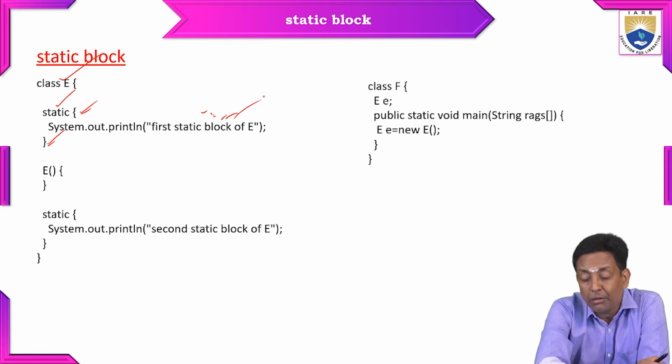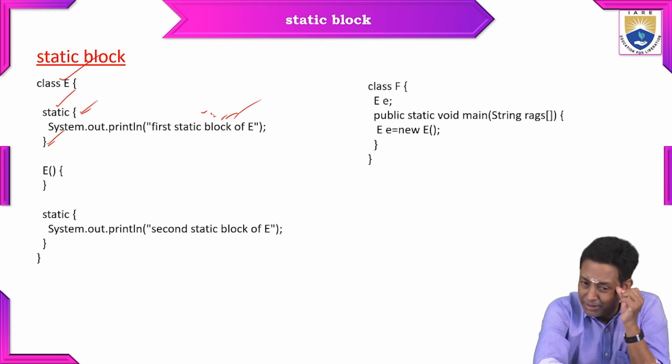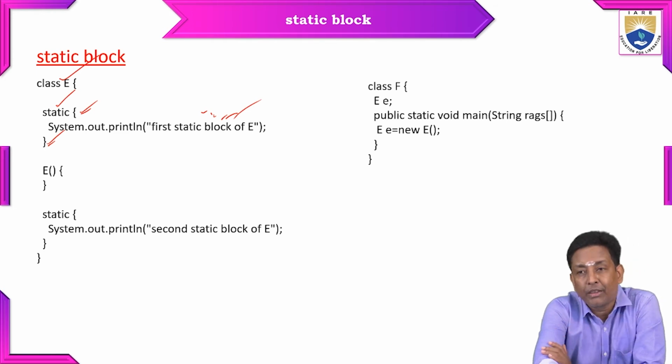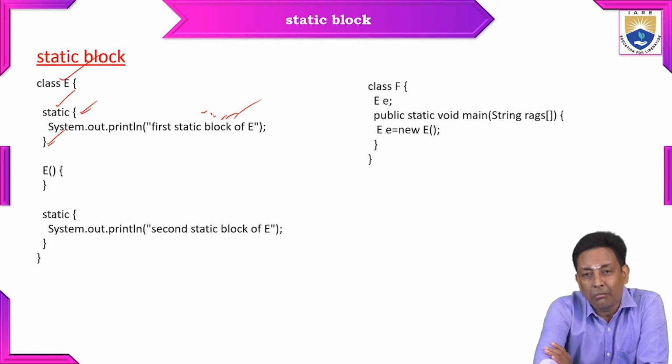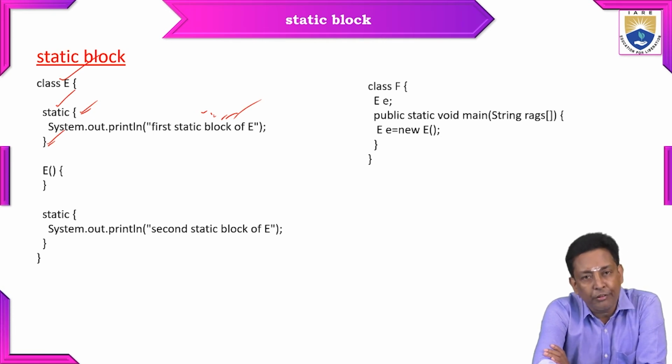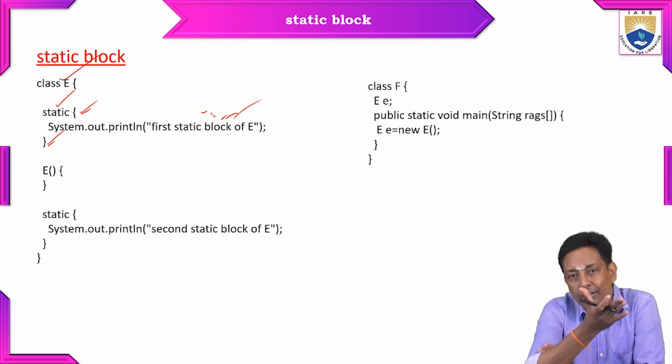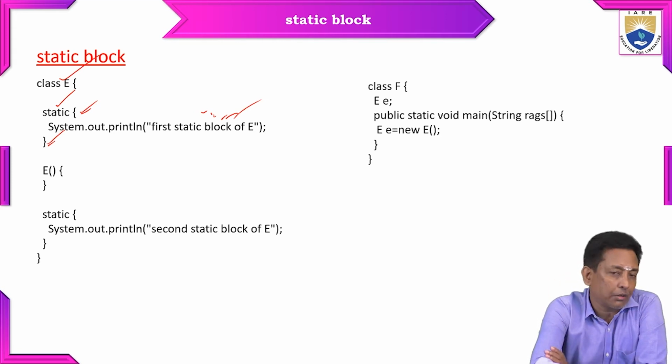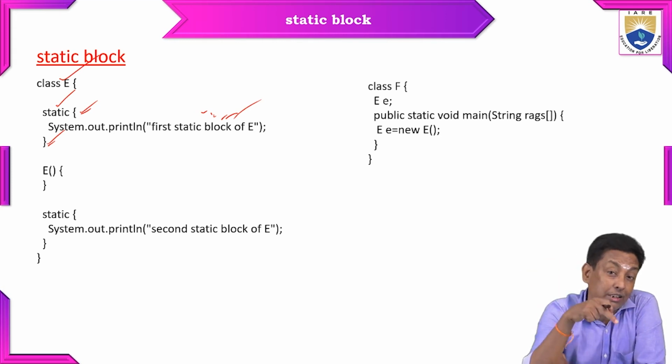The main benefit of a static block is that static variables declared in a class can be initialized in the static blocks. We can initialize static variables in a constructor also,